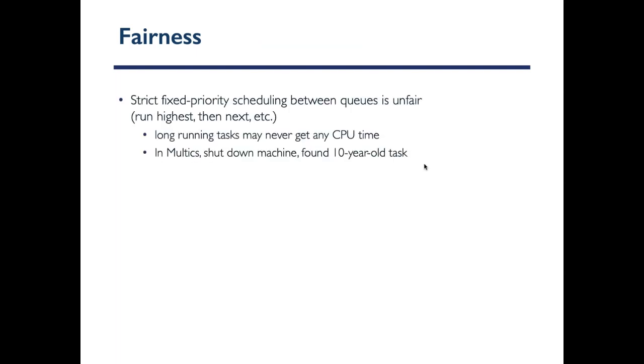Okay, so that was our first attempt at achieving fairness. What else can we do? The downside of strict fixed priority is the starvation of long tasks, and that is not a desirable property to have. So, an example,